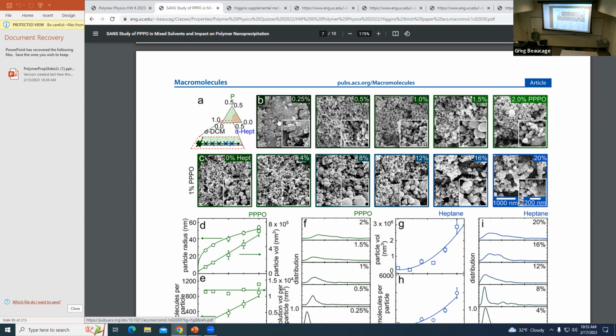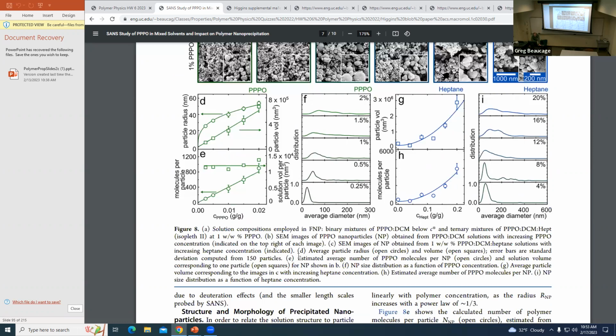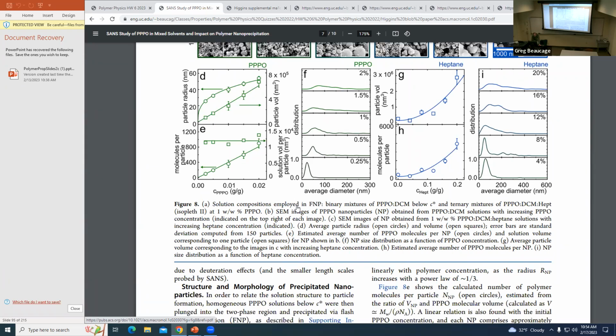But if you go to the end, they get into their salient points, or wherever they're really making stuff up, and it's more interesting to read the last part than the beginning part. But anyway, they get particle size distributions from the micrographs. They change with the heptane concentration and with the polymer concentration. Those are going across the lines that they had. And then,